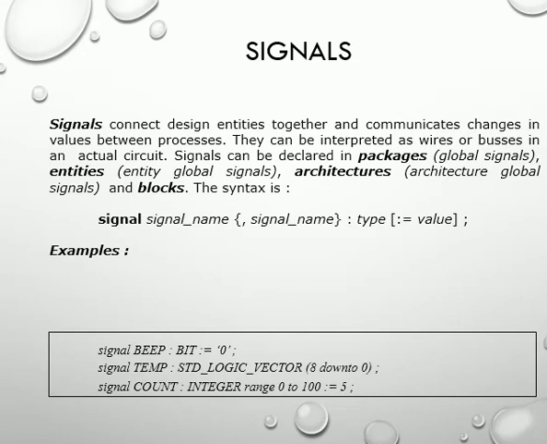So we were discussing the data objects, and in that we have seen three different classes. One is the constant, then variables and signal. Now can anybody tell me what is the difference between variable and signals? Okay, as we studied, what is a variable? A variable, we can change the data, or in other words we can say it can update its values. And a signal also updates data. But what is the difference between variable and signal?